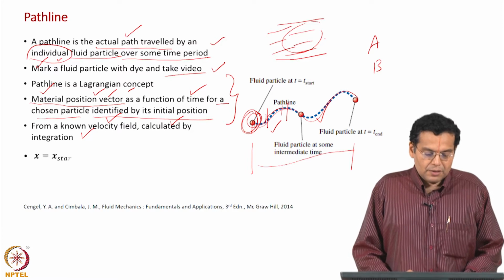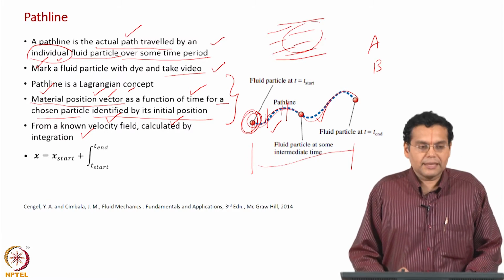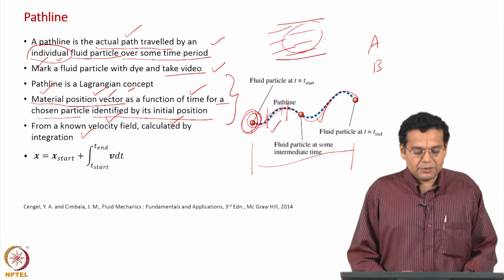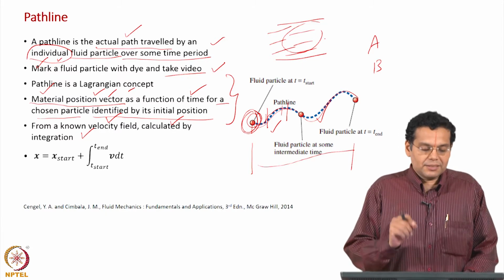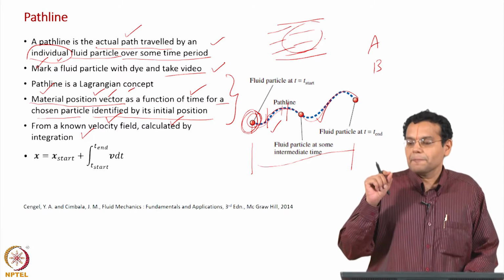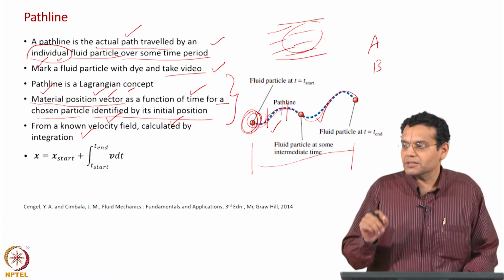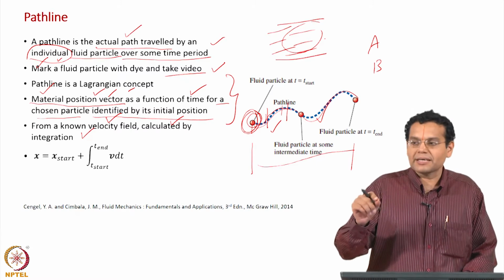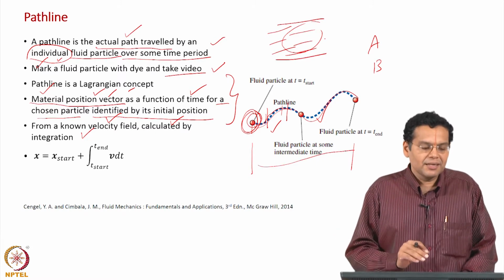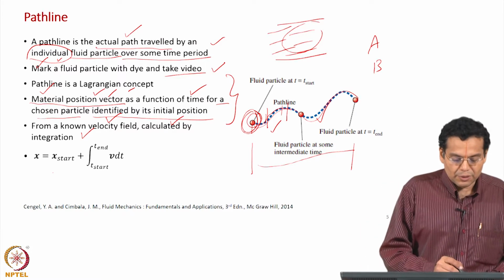Now, how do you get the path line? It is a simple integration. Here we should mention that based on my description, this path line is the same as the path line which you have come across in your particle mechanics course. Whatever you have come across in a physics course, the distance travelled by a particle at different times, exactly the same meaning here, but for a fluid particle, that is all the difference. Okay. So, now how do you do that?